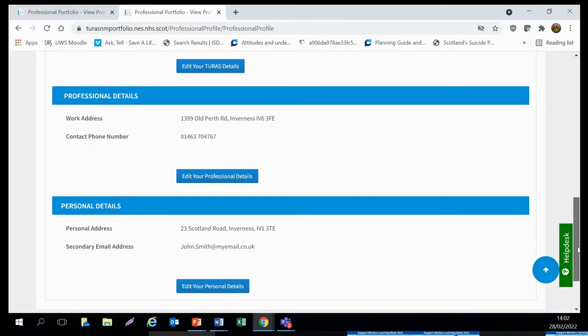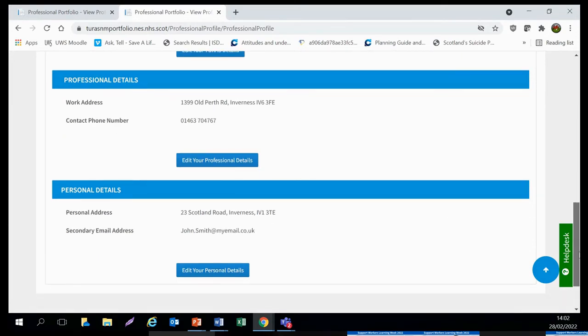If you want to add that, that's absolutely fine. Again, if you needed to edit it, we're not going to demo the editing again, but it's the same edit your professional details box, and again it comes up as a separate window. Once you've completed it and submitted it, you then have to close that window and you're back in your portfolio